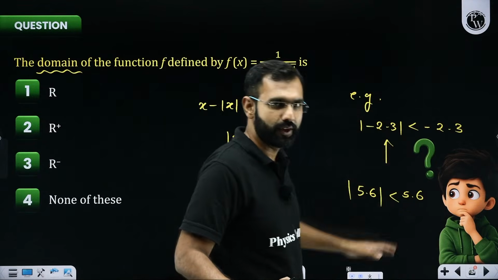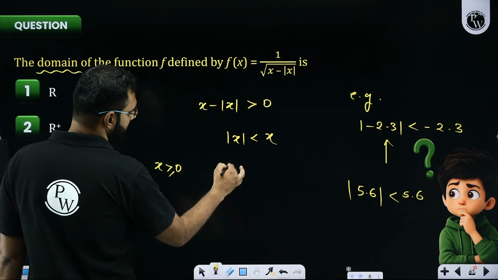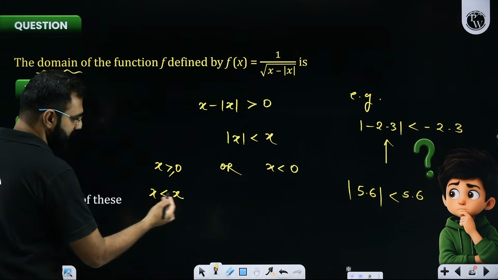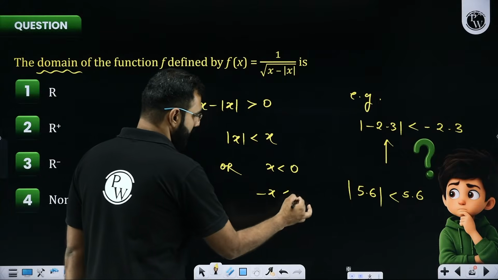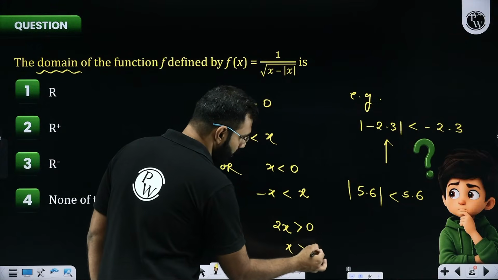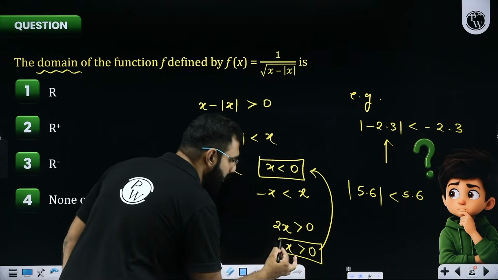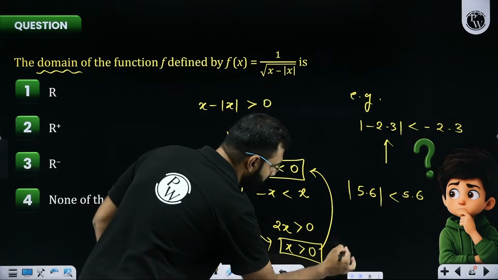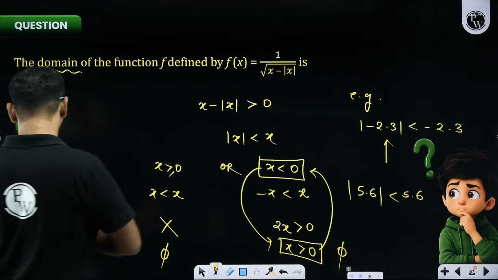If you don't get this, you can solve it algebraically as well. First case, when x is non-negative. Second case, when x is negative. So when x is non-negative, x opens as it is. But I think that's false. That never happens. Or second case, when x is negative, so it is minus x less than x. Minus x goes to the other side. So 2x is greater than 0, which means x is greater than 0, which is a clear contradiction. I began with the assumption that x is negative, but it tells me that x should be positive. So I get nothing from here, and nothing from the other case. An intersection of nothing with nothing, or a union of nothing with nothing, is nothing. So the answer is none of these.